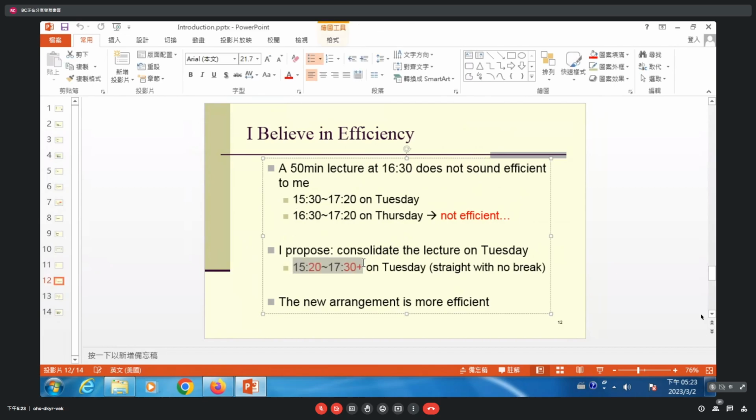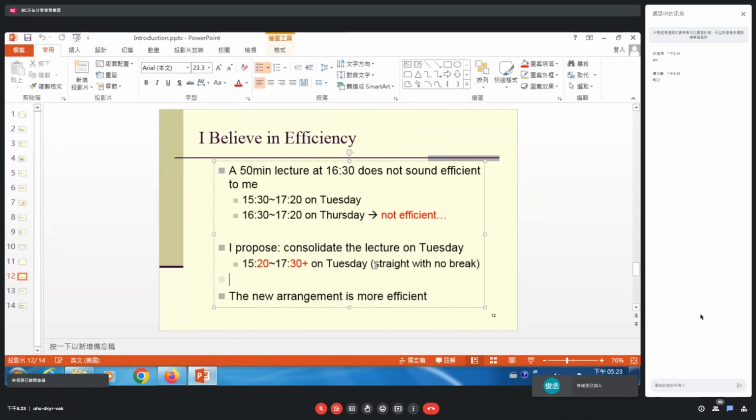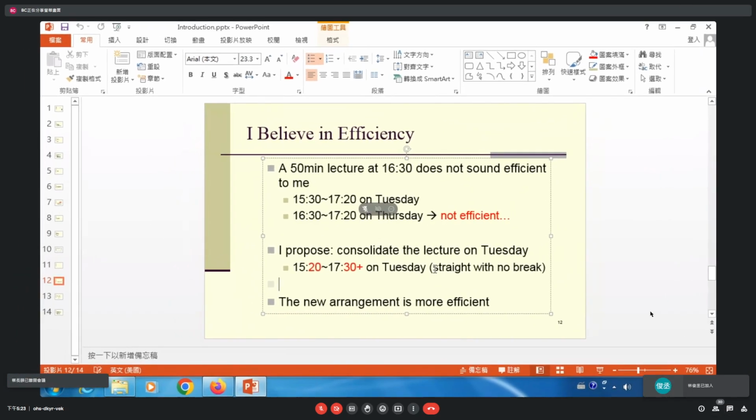We'll start 10 minutes earlier, finish 10 minutes later, and we'll skip the break. Okay? So if we can stay on track with our lecture, then we will skip the Thursday lecture. 就是假如我们礼拜二讲得完，我们星期四就不来了啊，这样大家就都很开心。